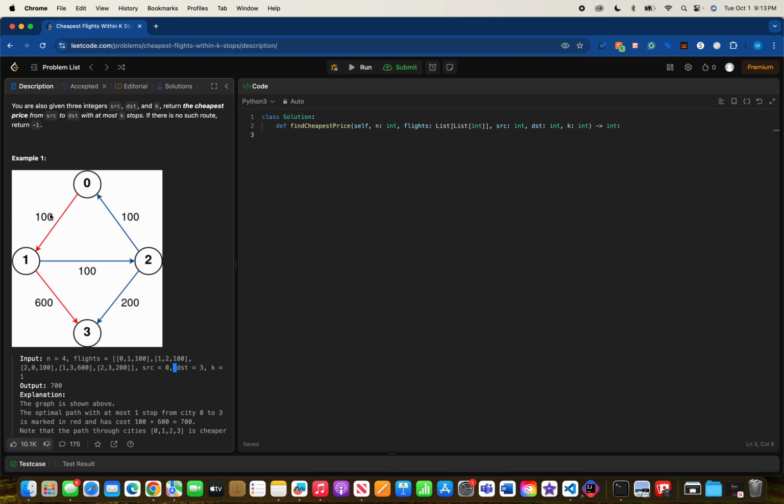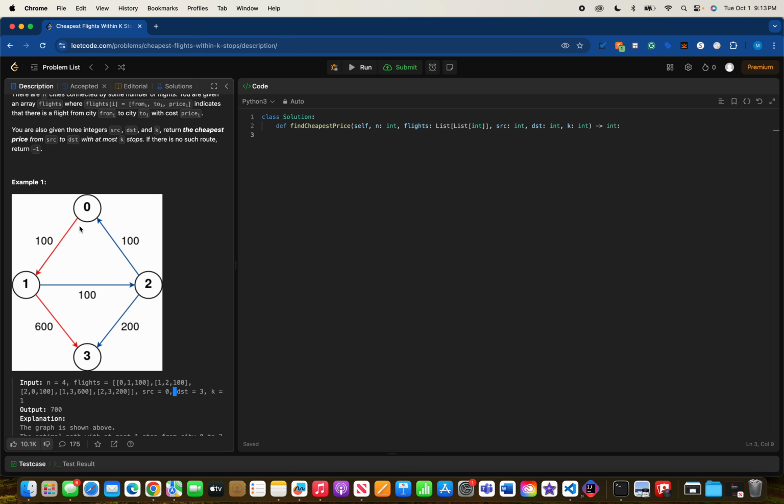So K is 1, so we can only stop 1. So boom, 1, and we get to our destination. Well, this one is the cheapest. Going this way, then this way, and this way is the cheapest, but we have to stop 2 times, so it doesn't meet this K over here. So that's why we just choose this one, because that's the cheapest. That only stops 1 time,